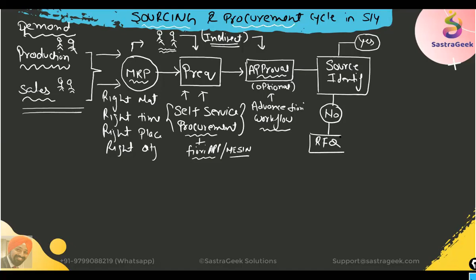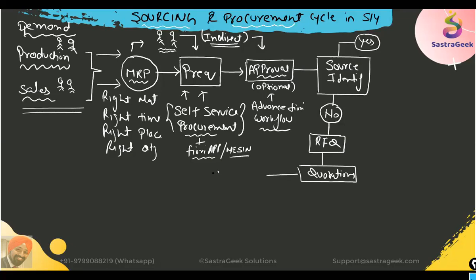We are sharing our details with the vendor and we are asking that we need this material in this quantity at that delivery date, whether you can provide it. Emails would be generated to vendors. Or if you can provide it, what would be the rate for it? So the RFQ process would be generated and the vendors will reply back with the quotation.